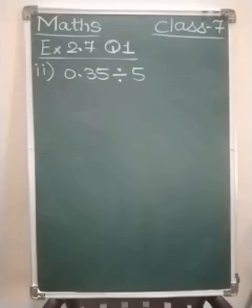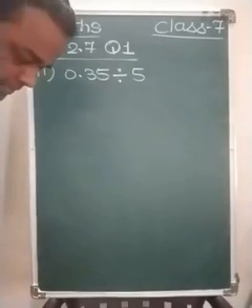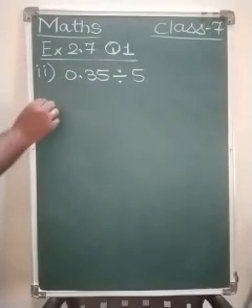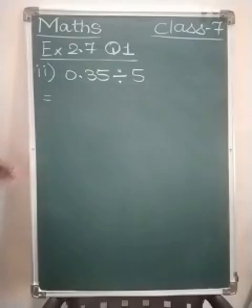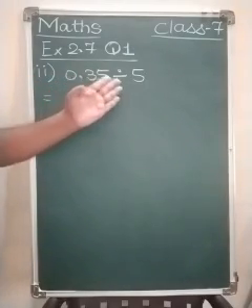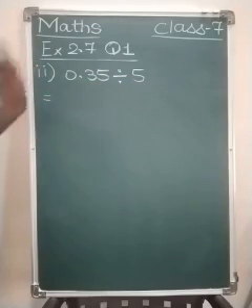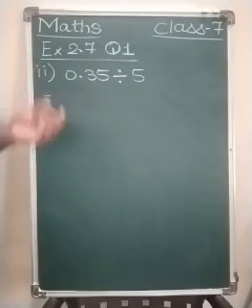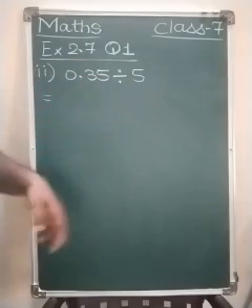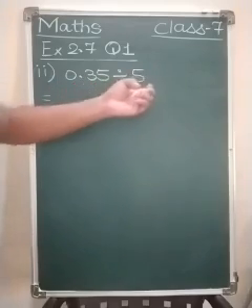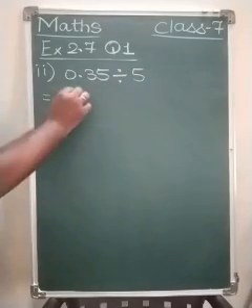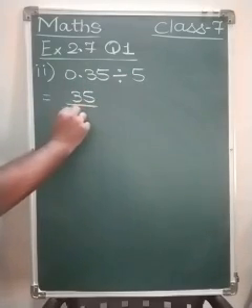We have already done this. So this would be, this equals to. Okay. Now first we are dividing a decimal number with a whole number. When we did the multiplication, we first multiplied a decimal number with a whole number. Now division also the same. Division of a decimal number with a whole number. So this would be 35 upon 100.